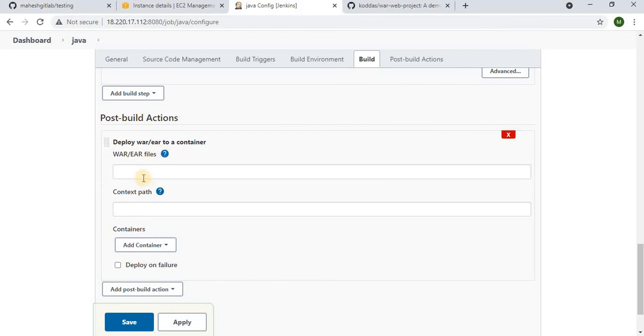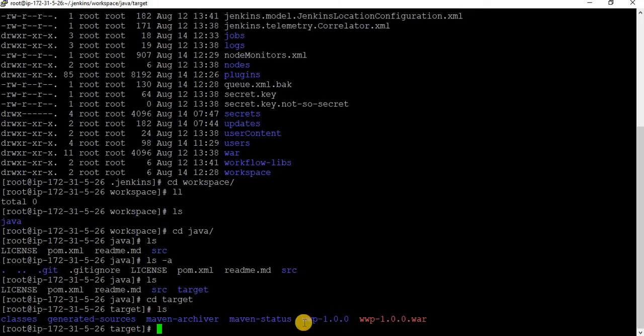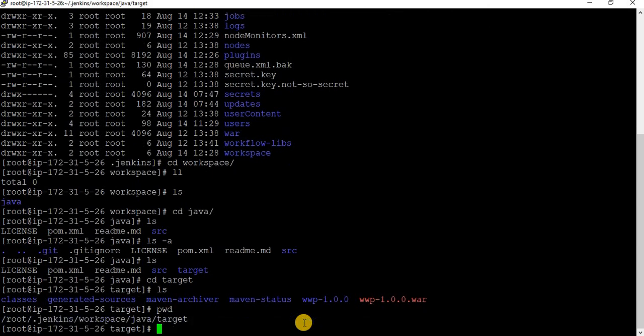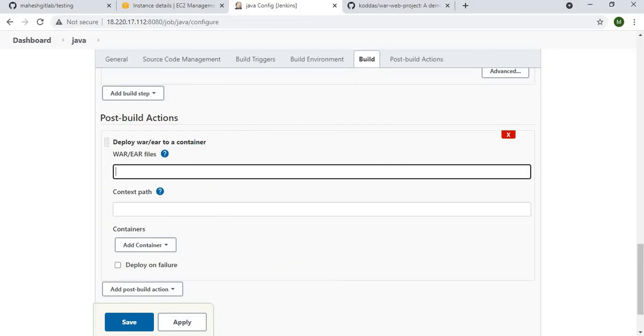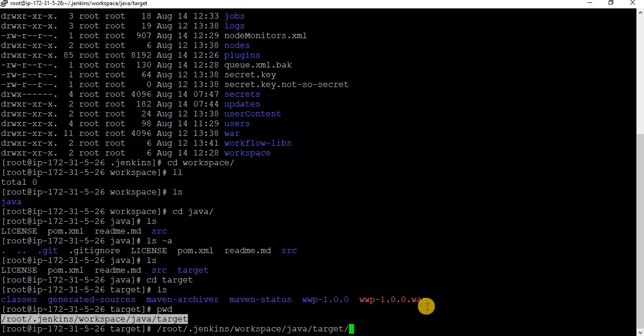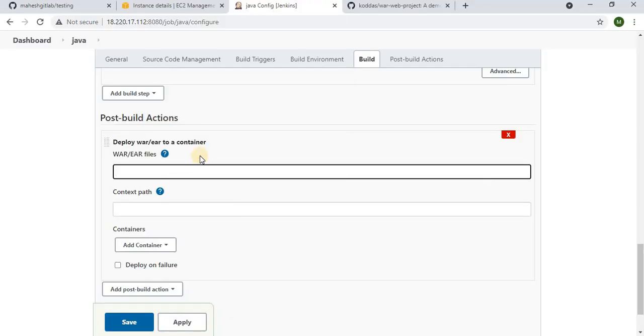Here ideally you should mention that war file path, pwd means this one, this one, and after this one. Ideally you have to mention it, but in real time it's not like you're going to have only one application or one war file.